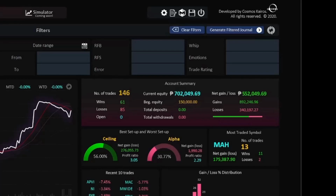Okay? Then after that, dito makikita nyo may account summary. The number of trades you've taken, your wins, your losses. Diba? Your current equity, magkano yung account nyo. Okay? Gaano kalaki yung net gain or net loss nyo. Ano yung beginning equity nyo, total deposits, total withdrawals, and so on, no? Tapos below that, makikita nyo, ano yung pinaka-traded nyo, along with yung best and worst setup nyo